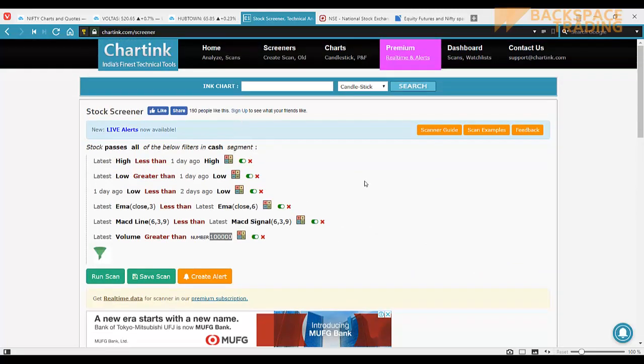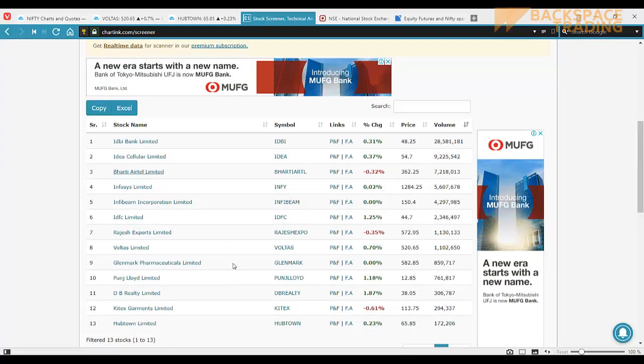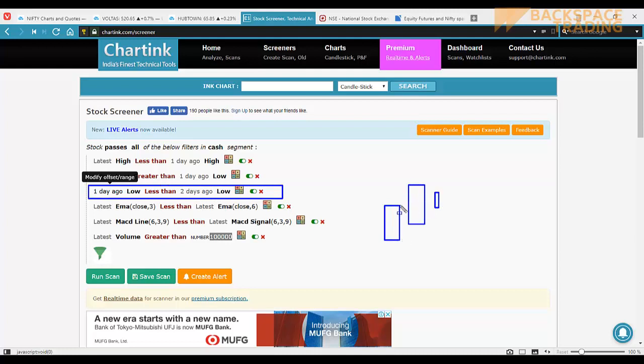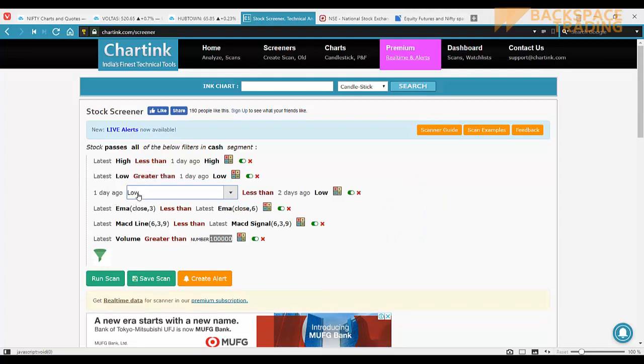Okay, now we need to check for long setup. What we did was only shorting. Let's check the long setup. For long setup, this part is same because this is inside bar, but 3 bar here we need to change because it goes like this. It needs to have a higher high. So I'm gonna change to 1 day ago high